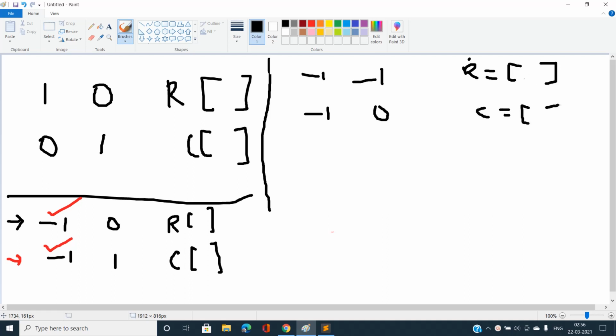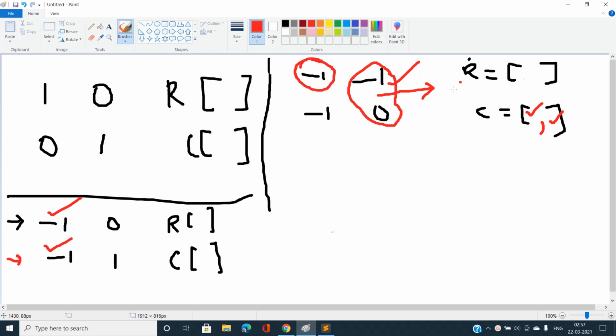Now you can see we can again find these unknown values. In this column you can see only a single minus 1 is present, and C1 is already known, and C2 is already known, so I can easily find this minus 1. And once this minus 1 is found, the other minus 1 can be easily found with the help of R1 from the R vector.